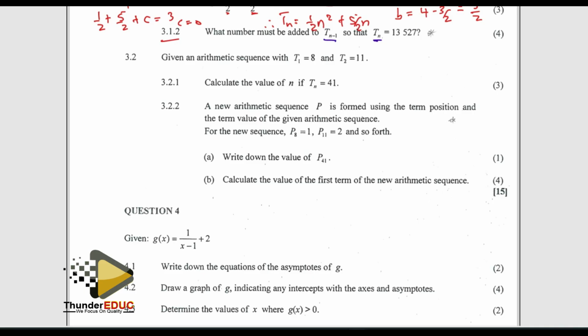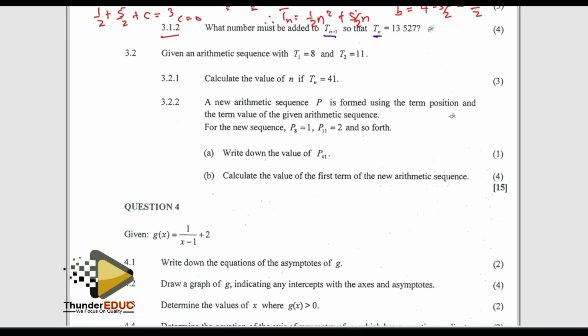3.2, they are telling us that we are given an arithmetic sequence with T1 as 8, T2 as 11. They want us to calculate the value of n if Tn is 41. So this is more like